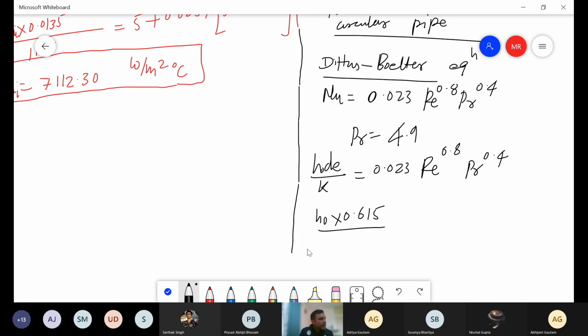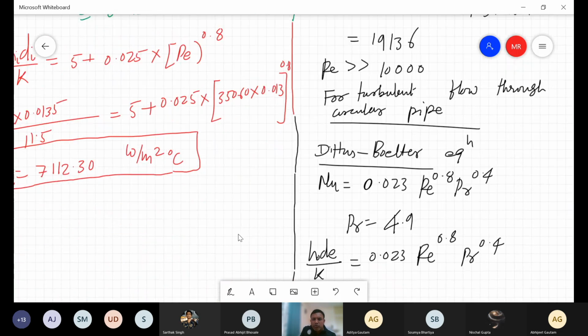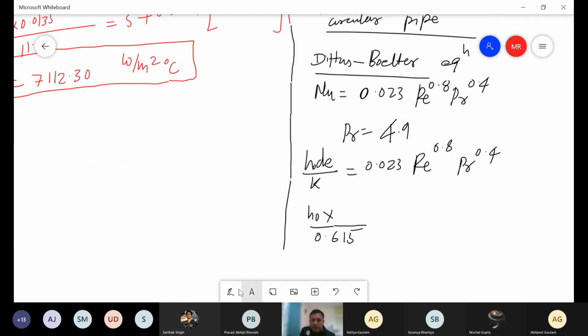What is the value of thermal conductivity? Let me just check. Okay, so thermal conductivity is 0.615 and the equivalent diameter which we have calculated above is 0.0695. Okay, so this is